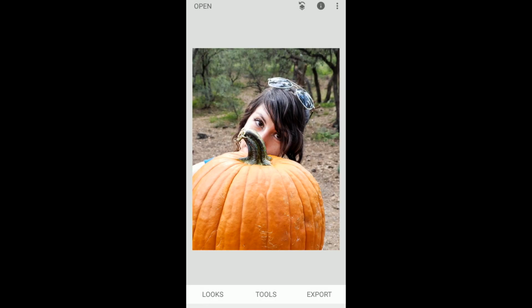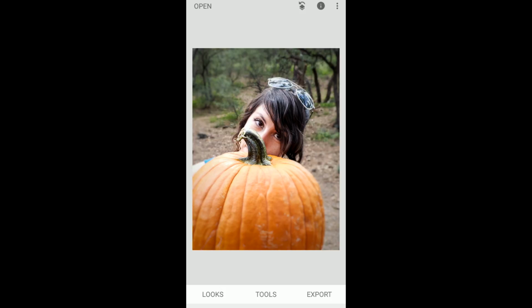So now we can see that's the before and that's the after. It's not too noticeable, but it does soften up that background a little bit, and you can see around the edges of her face the problems with the radial blur not being able to tailor to that exactly. So that's really hard if I want the sunglasses in focus and the edges of her face in focus. It's really difficult to pull that off, so that just takes a little bit of finagling, and it's definitely harder to do if you have